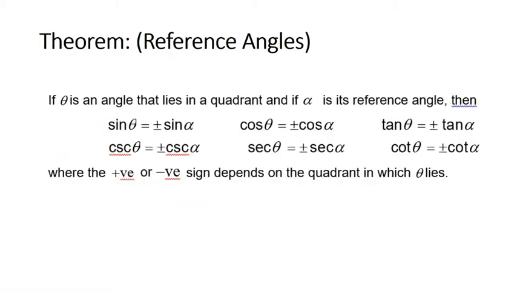Theorem for reference angle: if theta is an angle that lies in a quadrant and if alpha is the reference angle, then sine theta is equivalent to plus minus sine alpha, and cos theta is equal to plus minus cos alpha, and so on, where the positive or negative sign depends on the quadrant in which the angle theta lies. For example, let's say we want to determine the exact value of sine 135,